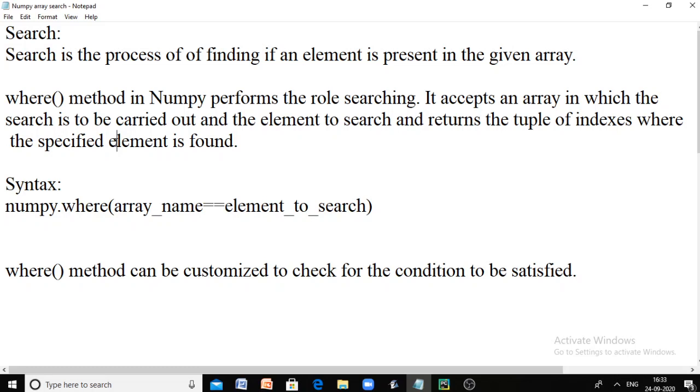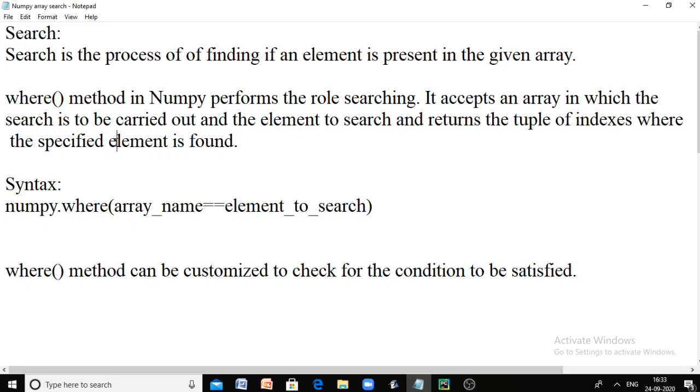Usually the search processes in other programming languages are designed to return only one index, the index of the first occurrence of the element to search in the given array. But where is designed to return the indexes of all the occurrences of the element to search in the given array.